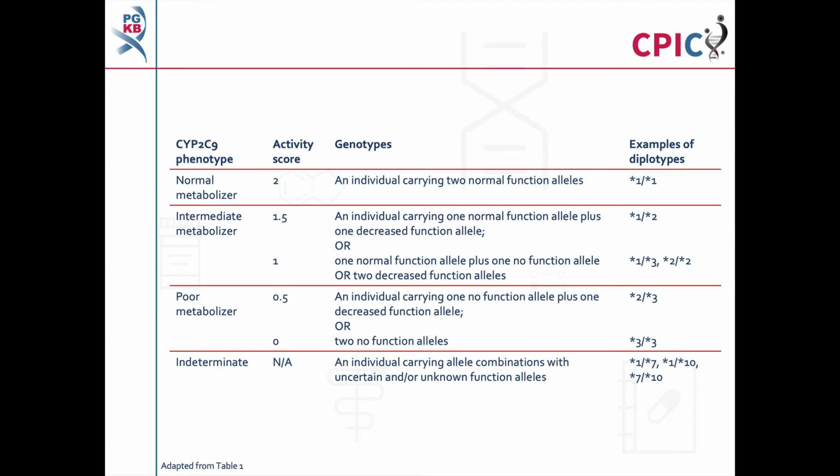Note that as more evidence becomes available, new star alleles can be added and the functional definition of some star alleles may change. An important caveat for all genotyping tests is that any alleles which are not detected in the assay are designated as star 1. This can include rare increased function, reduced function, and non-functional alleles, which are not routinely screened for in some genotyping tests. Further information about SLCO1B1 and CYP2C9 alleles can also be found at the PharmVar website at www.pharmvar.org. A link to PharmVar is also given in the description below this video.